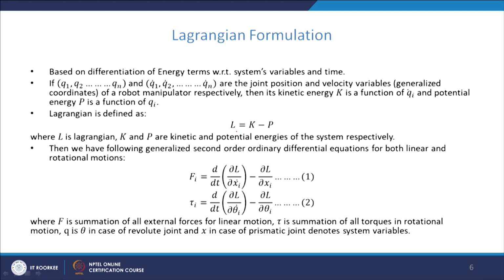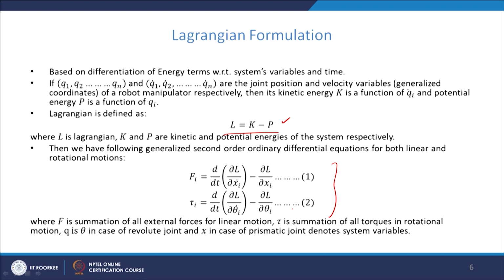It is based on the Lagrangian L, which is the difference between the kinetic energy and the potential energy of a body in motion. Any rigid body can be analyzed using this procedure. In our case, it is the robot manipulator. So, while constructing the dynamic equation, we have to construct the kinetic energy and potential energy and find the Lagrangian by this formula. Then the equation of motion is given by the system of equations given in 1 and 2.